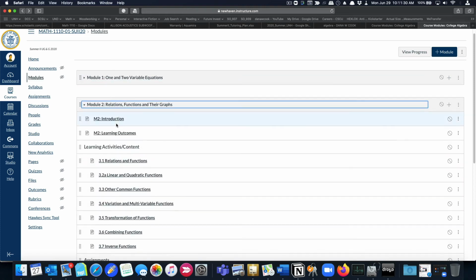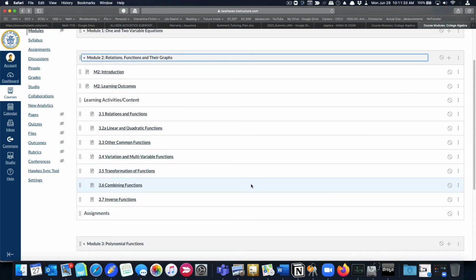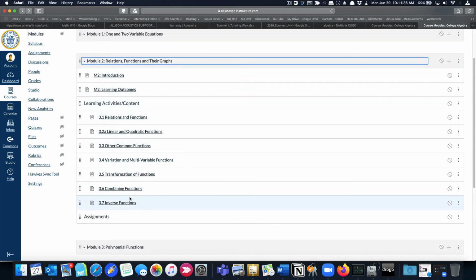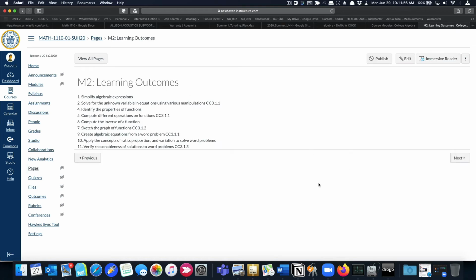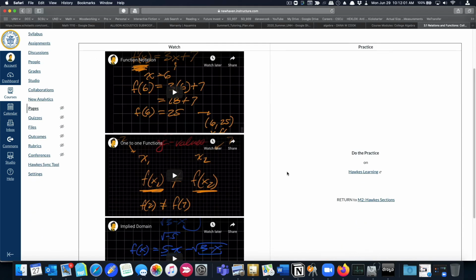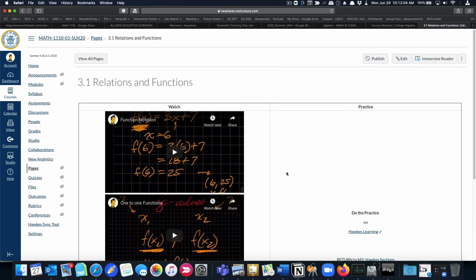So Module 2 is built out in a different way, where we have all of these pages. Now notice I've removed the Hawks sections list. So this one is going to navigate as Canvas envisions it and how UNH envisions it. So you get an introduction that's actually written. I'll think about those. You get to learning outcomes. Those are the same. I didn't change or alter them for the unit, which needs to be done as well. Then we get to the same sort of navigation as that. This is the navigation that Canvas wants us to do.